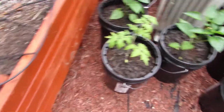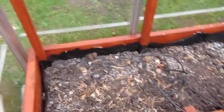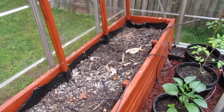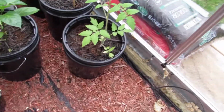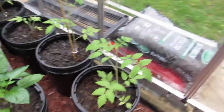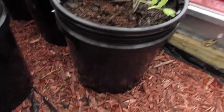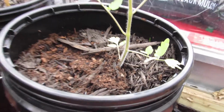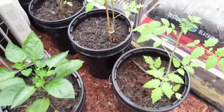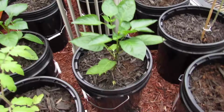Hey Wacky Tubers, so this is a garden bed that we had to change all the soil in to get that good mixture. And over here we have a tomato plant. I think that's a big tomato because it has leaves on the bottom. We have another tomato plant, a big green pepper plant,